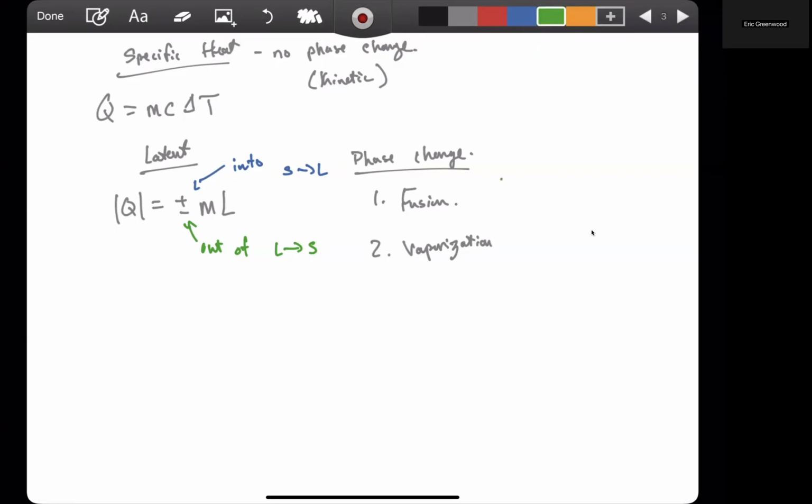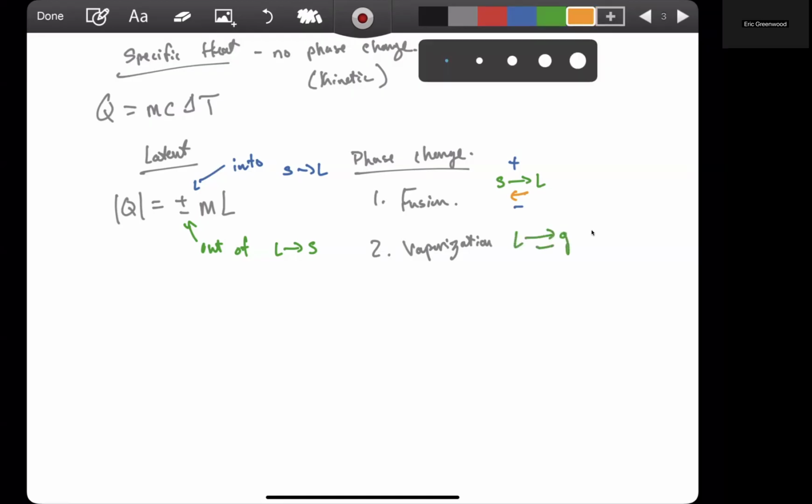This one is when I go from a solid to a liquid or from a liquid to a solid, and as we just said over here, this is going to be plus, and this is going to be minus. And then vaporization is when we have a liquid going to a gas or a gas going to a liquid. Again, in this case, the top one corresponds to positive and the bottom one corresponds to negative. Fantastic. So that brings us now to